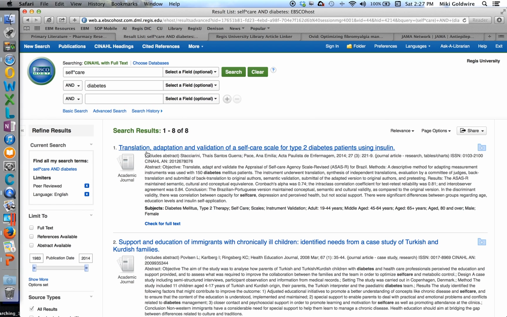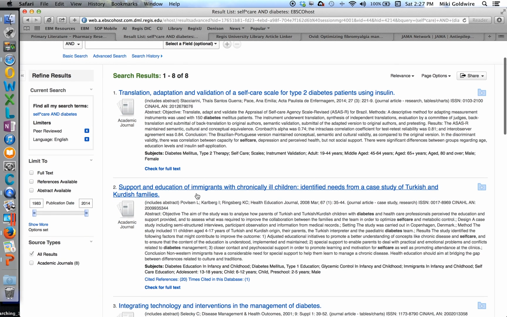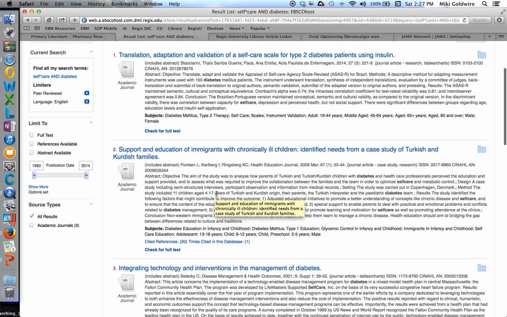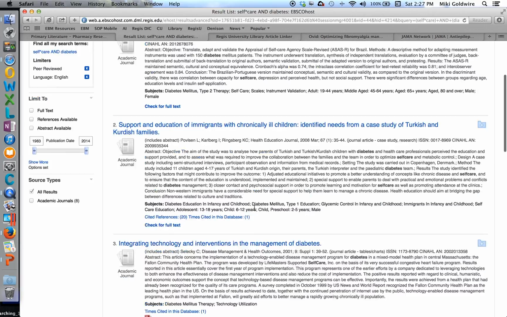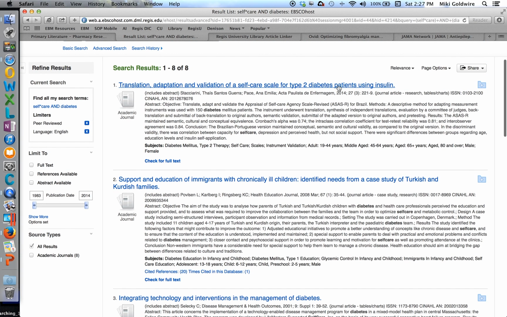So I can look through translation, adaptation, and validation of a self-care scale for type 2 diabetes using insulin. Well, that sounds interesting. Support and education of immigrants with chronically ill children. Not sure I want that one. Integrated technology and interventions in the management of diabetes. That sounds interesting. So again, if I wanted to see if we had this first article,